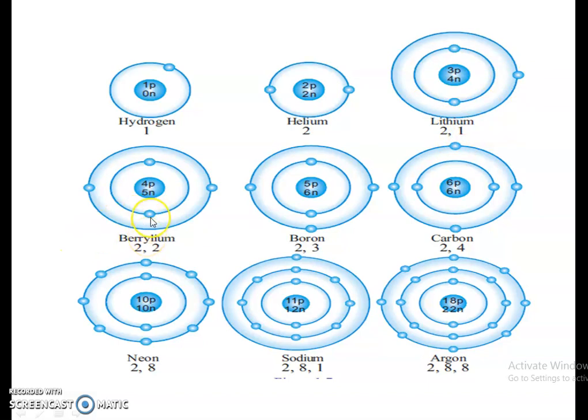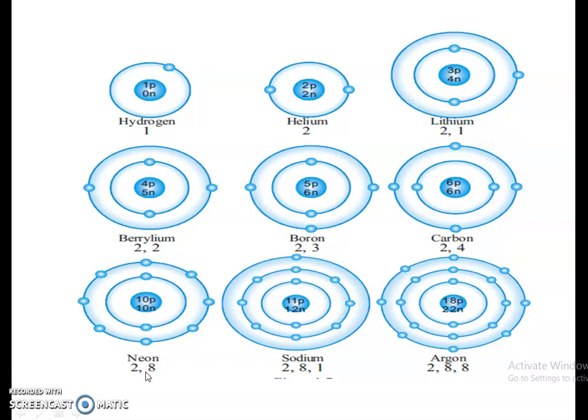Beryllium now has atomic number 4. The first shell will occupy 2 electrons. The second shell can occupy 8 electrons, but only 2 electrons are remaining, so it occupies 2 electrons. Boron has an atomic number of 5, so its electronic configuration is 2, 3. The first shell can occupy 2 electrons, so the remaining 3 electrons go in the second. Carbon has an atomic number of 6, so the first shell occupied 2 electrons, the second shell will occupy 4 electrons. Okay.